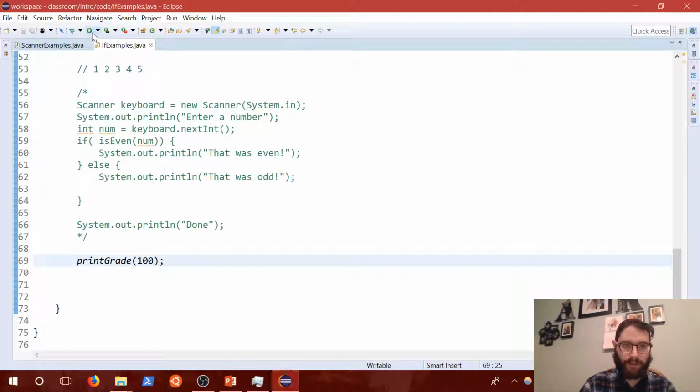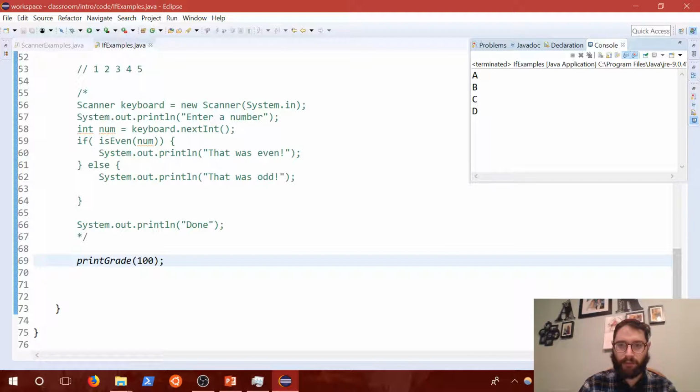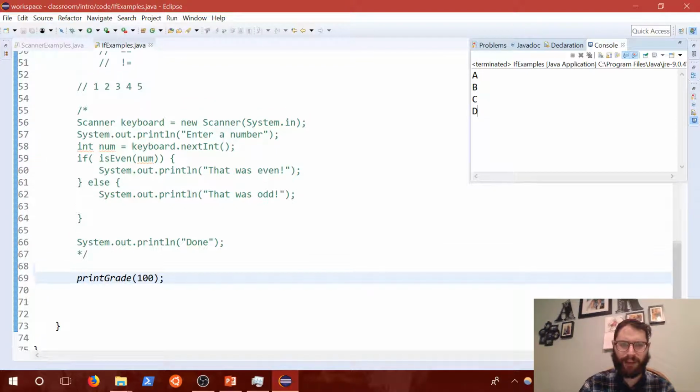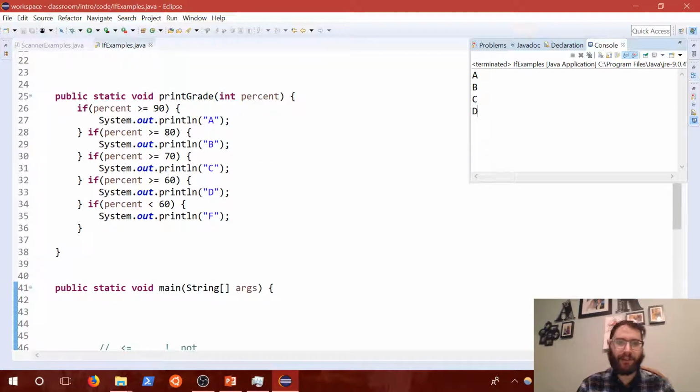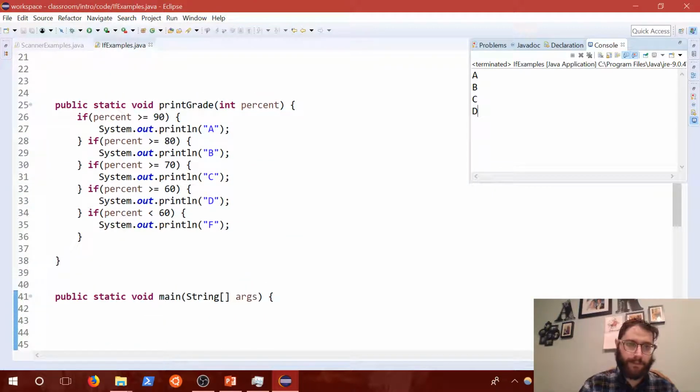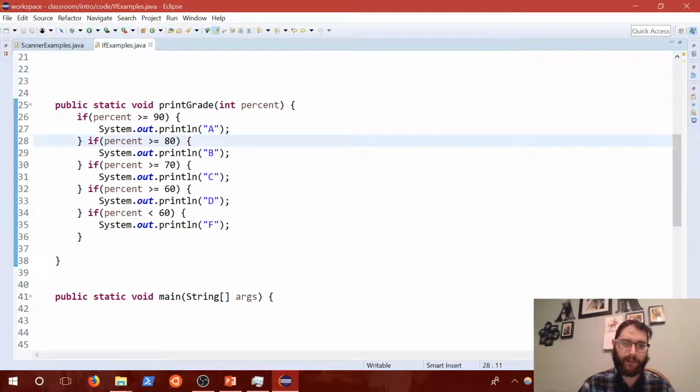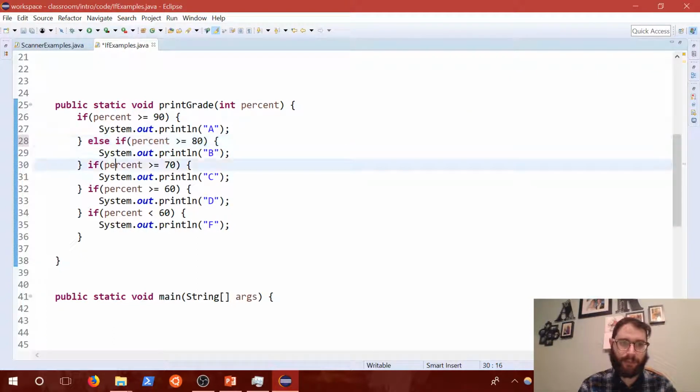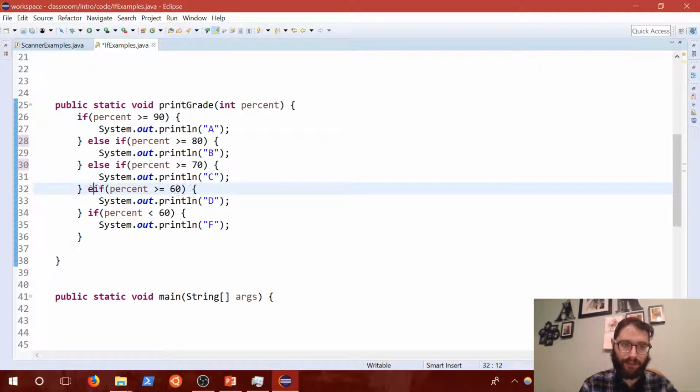So let's run this. We run this, it will print out A, B, C, and D with print grade 100 because all these are independent of one another, right? This test is independent of this test. They don't rely on each other. We need else ifs to make them dependent. So else,